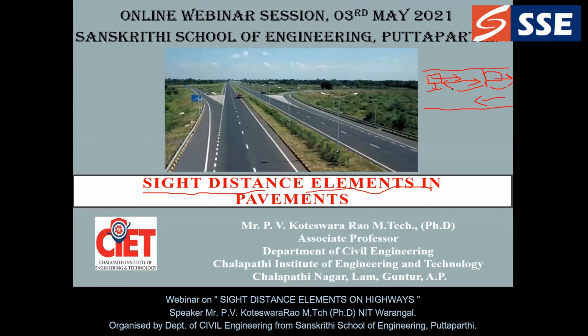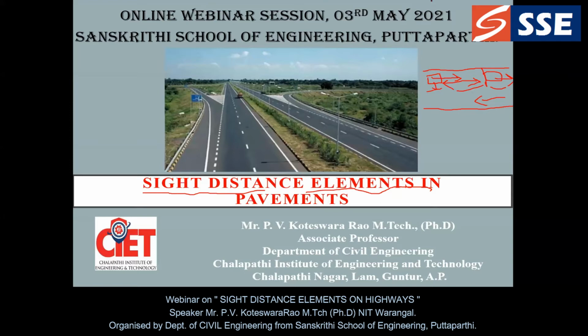The distance which can be visible to the driver can be called the sight distance. So the sight distance can be called whatever distance is visible to the driver at any point of time during his or her journey. In this sight distance we are having some other terminologies also. What are the different types and all those things? Let us move on to the actual concept.